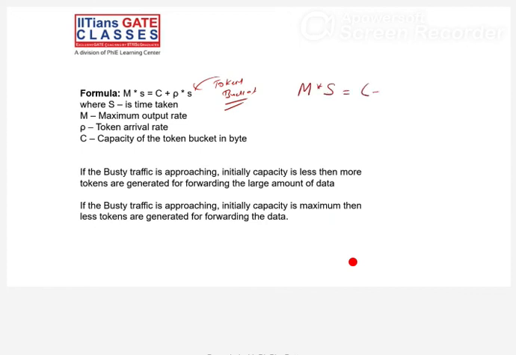Got it. No need to worry, this is just for your understanding. In the exam, they will mention bytes or bits, and you need to answer accordingly. This is just for your understanding. That's it.